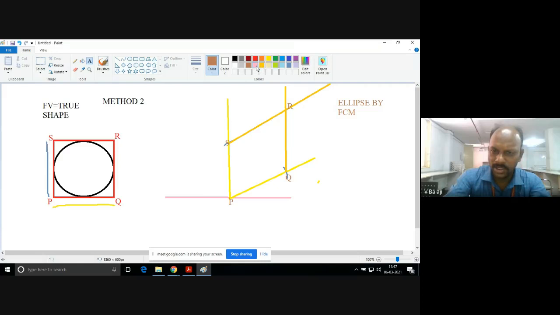Again, I am repeating how to draw the four center method. First, find the midpoints of the four sides of the rhombus: midpoint 1 here, midpoint 2 here, midpoint 3, midpoint 4. Understand that there is a longer diagonal, PR. On either side of this longer diagonal you have two important points, Q and S.